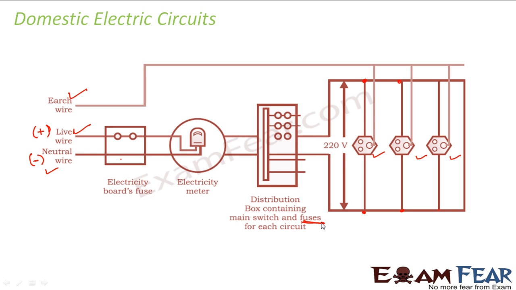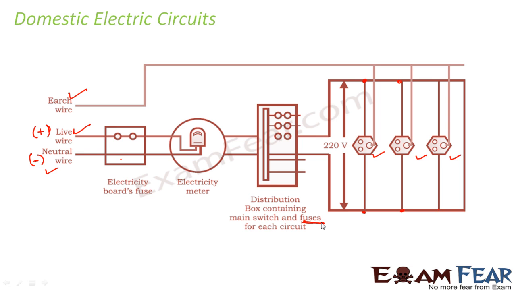When excessive amount of current flows through the circuit, what happens? This fuse is made up of a specific kind of material which will melt and break the circuit. So sometimes you would have seen that if you connect too many devices to the same socket, for example, you have one single socket and you have connected your mixer grinder, your tape recorder, a few other chargers and all those things, what happens? Sometimes the fuse goes off. The light goes off, the power cuts off at your home.